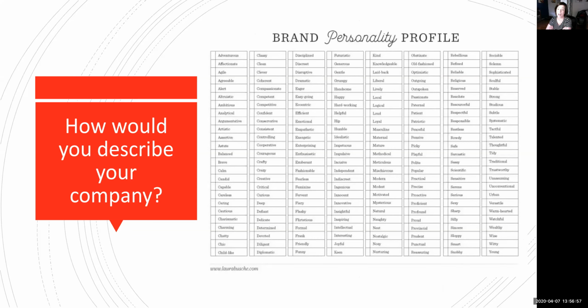How would you describe your company? So this is as easy as a checkbox, right? Are you adventurous? Are you logical? Are you flashy or flirtatious? I don't know that any of your companies are flirtatious. Enthusiastic, maybe exuberant, creative. A couple of you would fall under there. Talented, sarcastic. I don't know about that. Patriotic, nurturing, snobby, hopefully. I don't know that necessarily you want that on your personality profile, unless, of course, you are advertising to a specific elite.